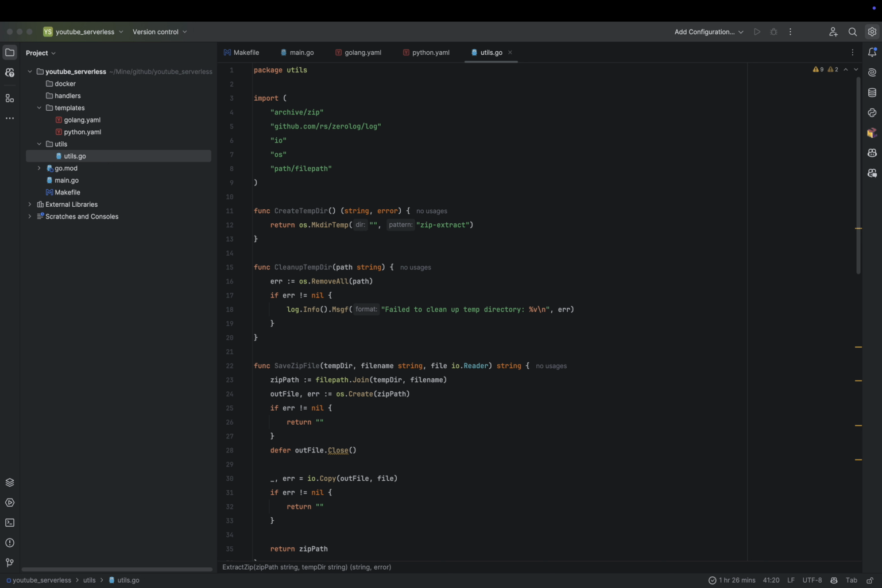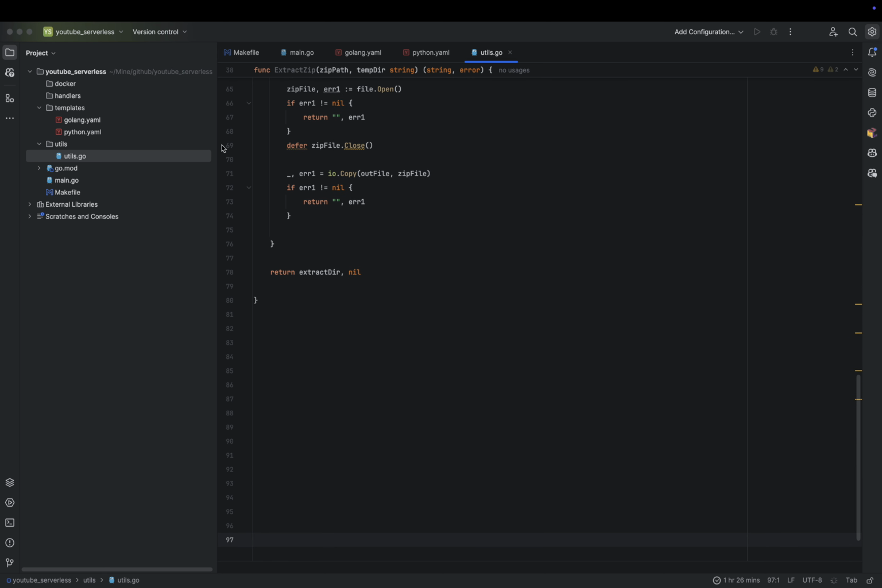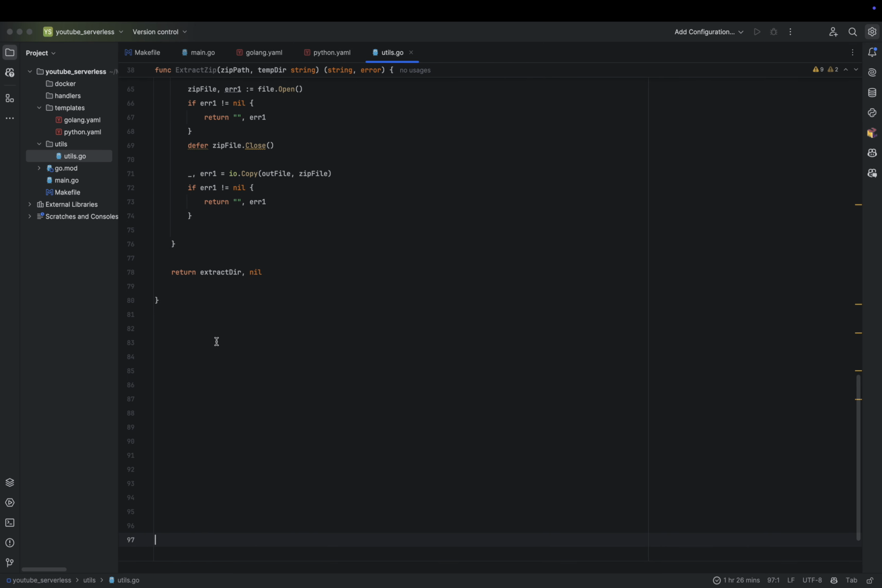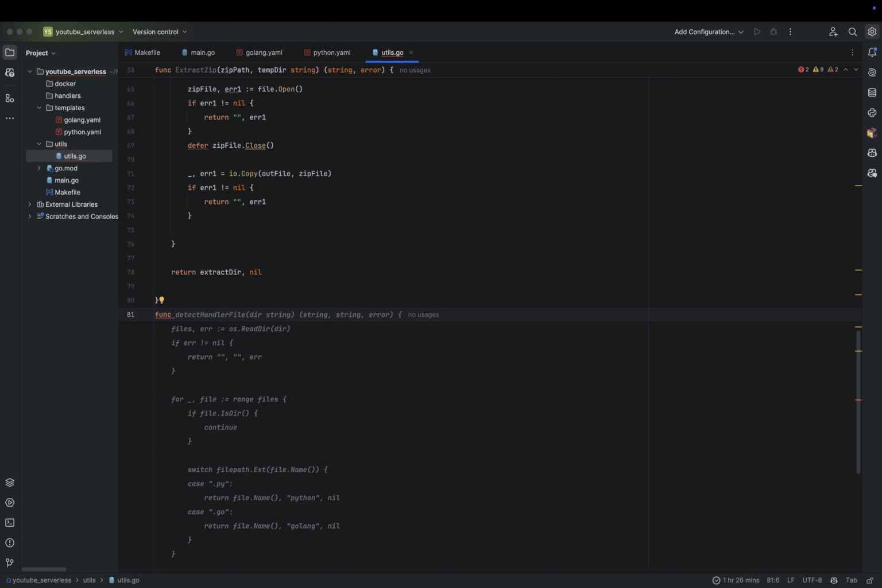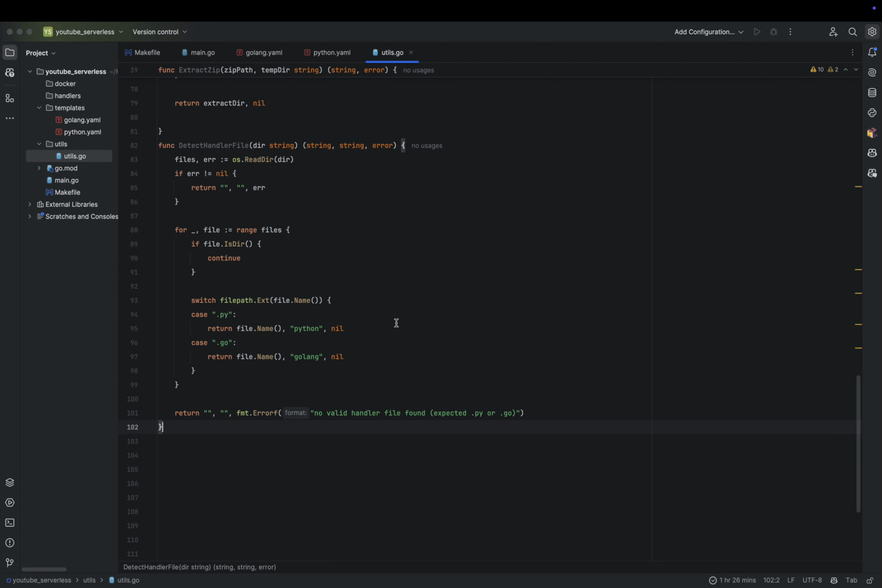Yeah, so no, I said that we were supporting two languages, so we also need to detect which language we are dealing with. So we read the directory, and if file range is D, we continue. Switch file extension, we check the file extension,